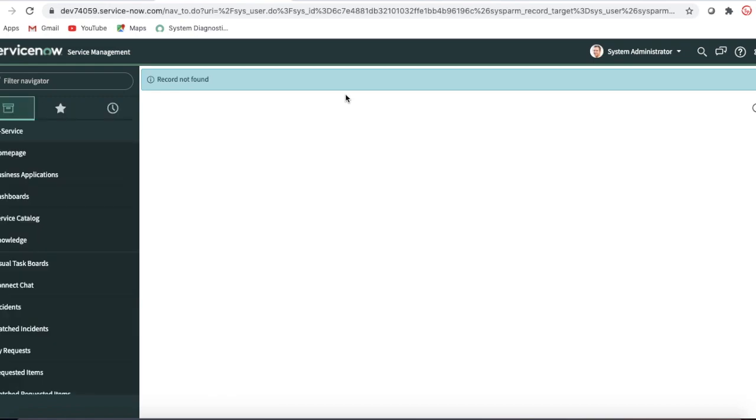We scheduled it as live, but you can set the type as schedule, so every certain time it will pick the data and send it to your non-production environment. That also can be done.